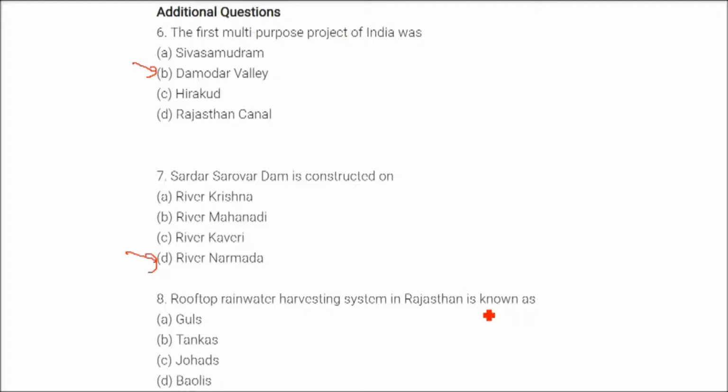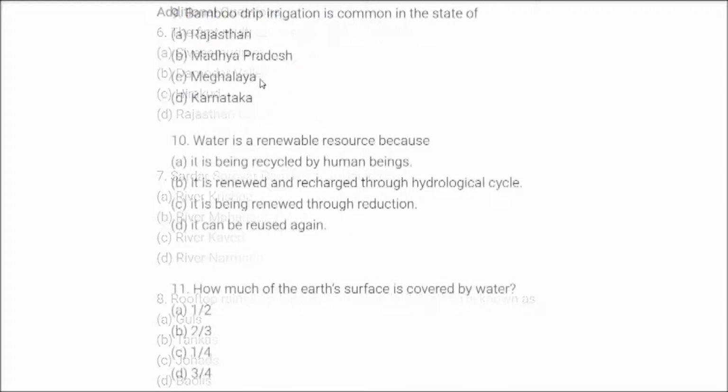Rooftop rainwater harvesting system in Rajasthan is known as... And the answer is the rooftop rainwater. So these are tankas, okay. Bamboo drip irrigation is common in the state of Meghalaya. Water is a renewable resource because the answer is, it is renewed and recharged through the hydrological cycle